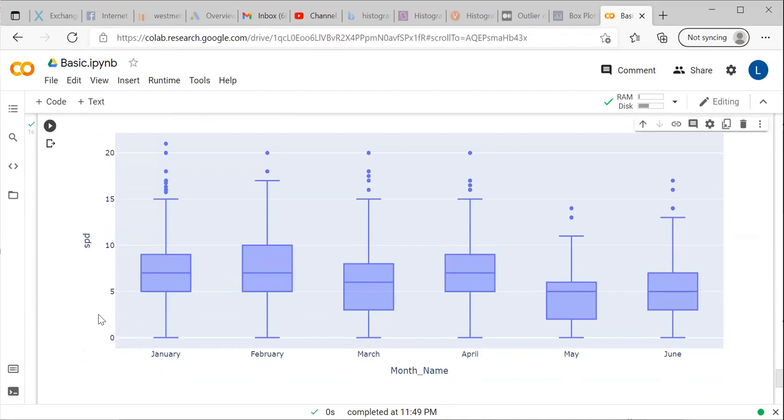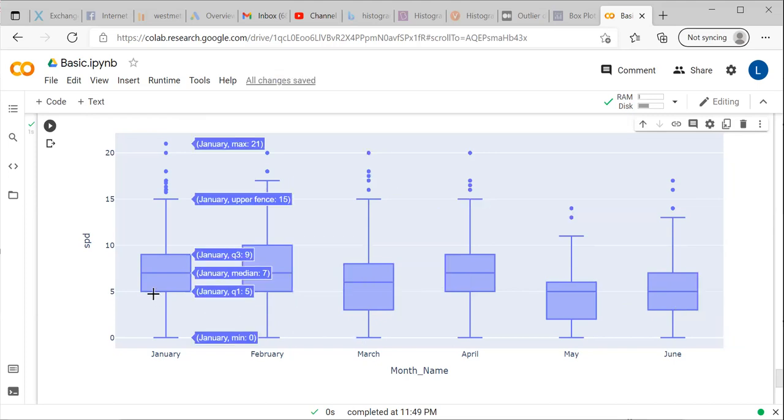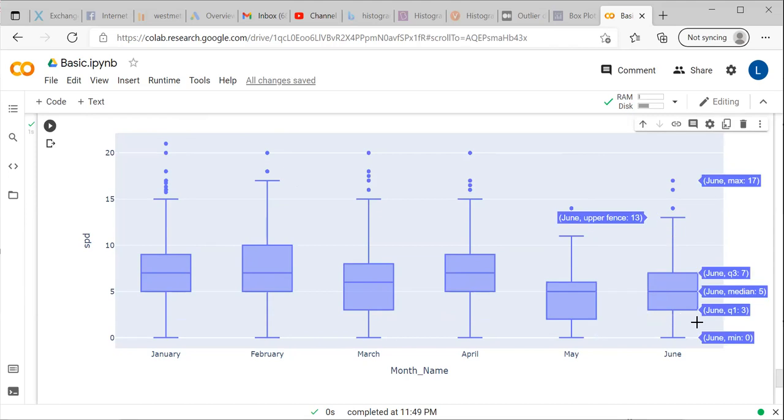You can see that just by running the code, Python has immediately given you the result. Once you put the cursor over the box plot, you get the values like the maximum value, the upper fence or upper control limit, and Q3, which is the 75th percentile. I am getting all those things with a single code.